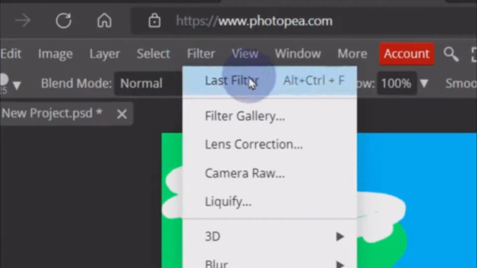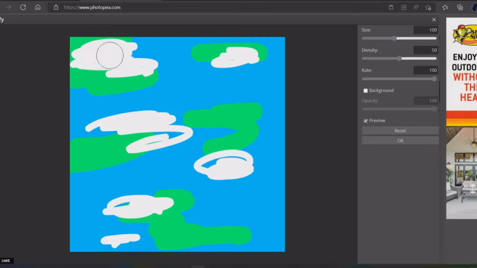And press filter, and I have no idea how to say this, but just press on this and just mix it up until